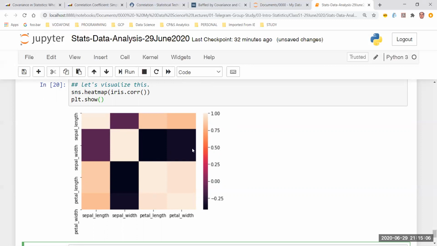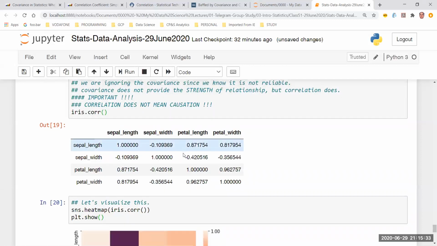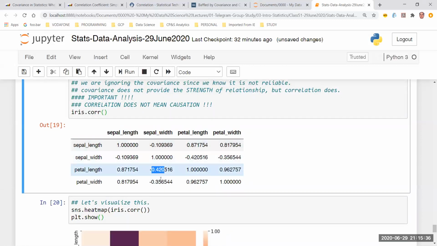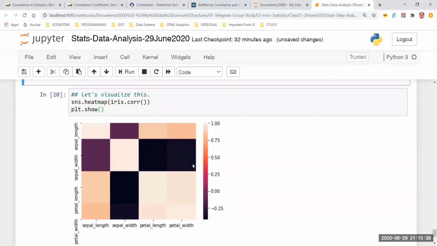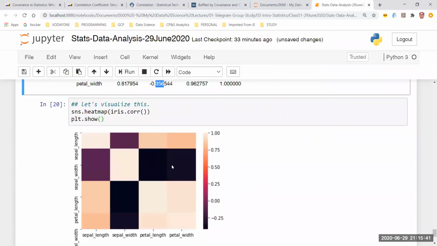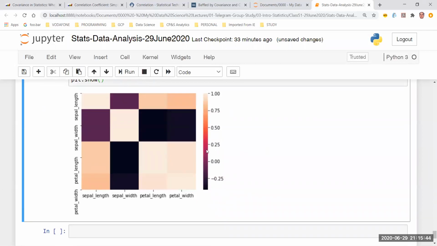Then I have a problem here. You see, the hue is not selected. By default, there is a hue which is selected, right? So I think we can change the hue. Let's try to find out if we can change it. The function heatmap should have an option to change the color scheme that is being used over here. Diagonally I can see it is entirely white, and then there are very high negative correlations, which is why I have certain areas which are really black. These can be represented by the negative correlations which are happening here. Because the color is chosen in this way, maybe that is the reason why it's getting represented like this, but I can clearly understand what is going on over here.